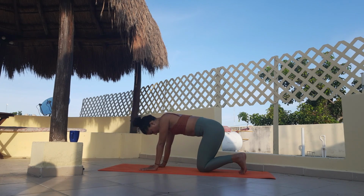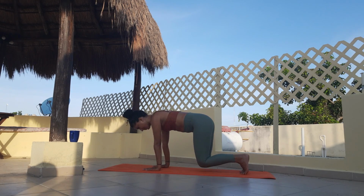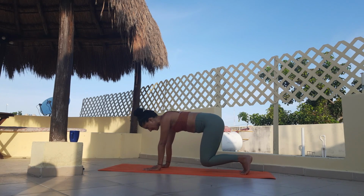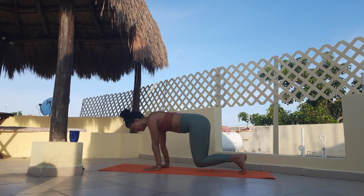and tucking the toes this time. So we will plant the hands below the shoulders, pressing on the mat, keeping the navel in, and we will just release the knees from the floor, lifting them a few inches from the floor, keeping the navel engaged, and just bringing the shoulders back and down above your wrist, maybe going on the right, on the left, just preparing your wrist here,